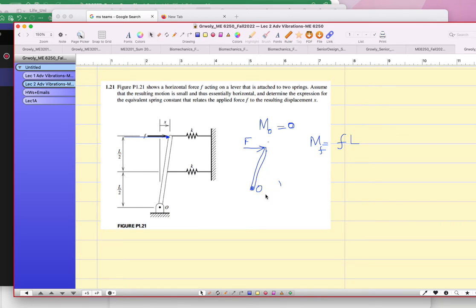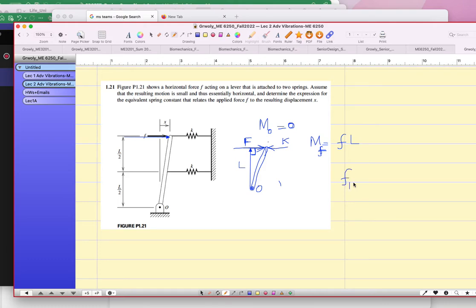Remember the moment is defined as the moment arm times the force. The moment arm is the perpendicular distance between the line of action of the force and the point, and this perpendicular distance is L. So the moment, this turning effect, is in the clockwise direction, because this will turn the lever clockwise. On the other hand, the force caused by this deflection, when you are compressing this spring,